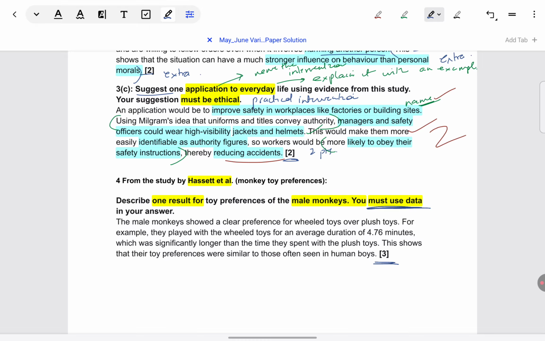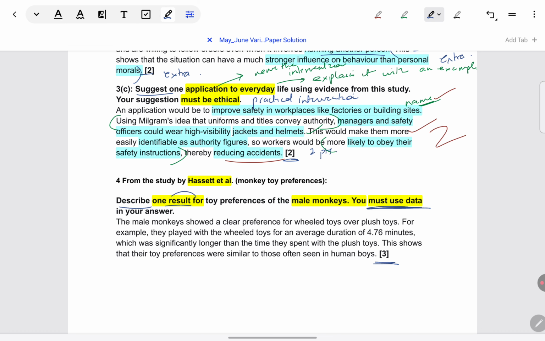So if you really want to secure your marks, it's as easy as memorizing a few results. Trust me, a few readings of the course study is all you need to be able to memorize the result. It's not as difficult as it seems. So make sure for all the studies you do remember the key results. Describe again is an AO1 command term, as good as outline or explain. You just have to elaborate on the result.